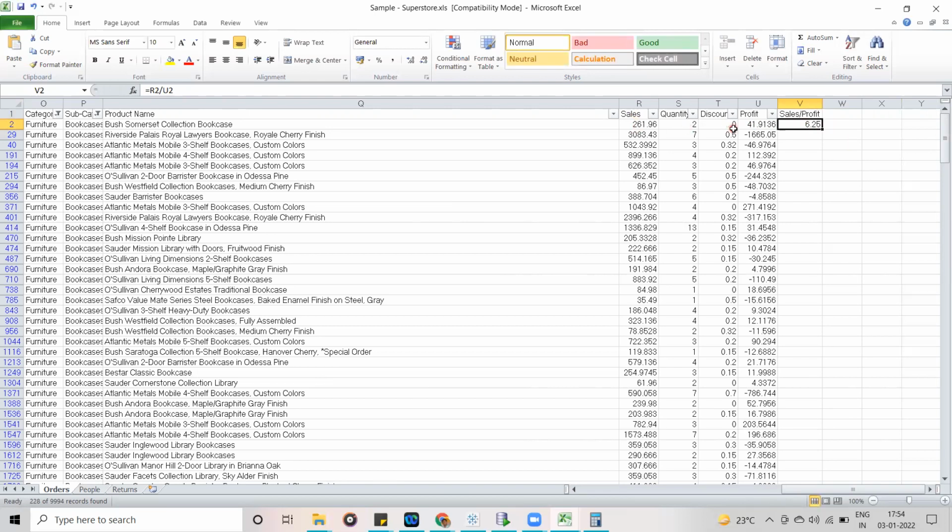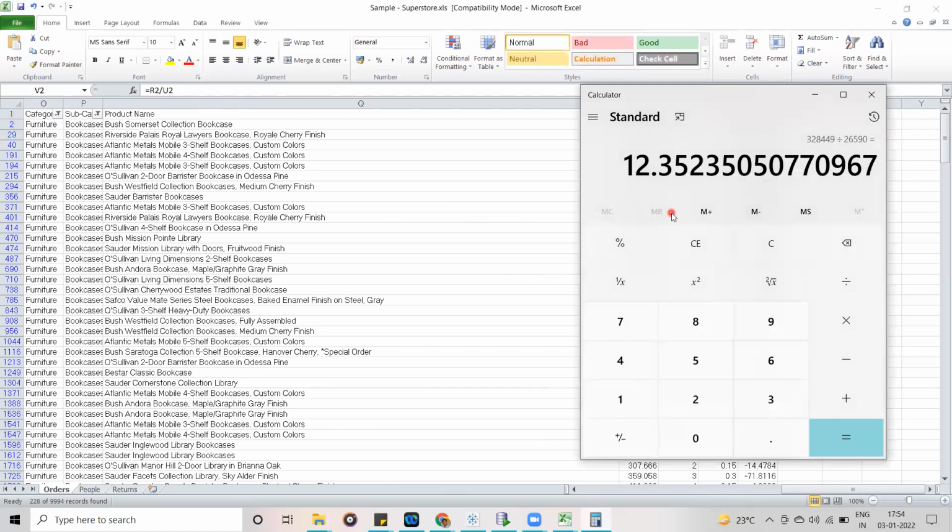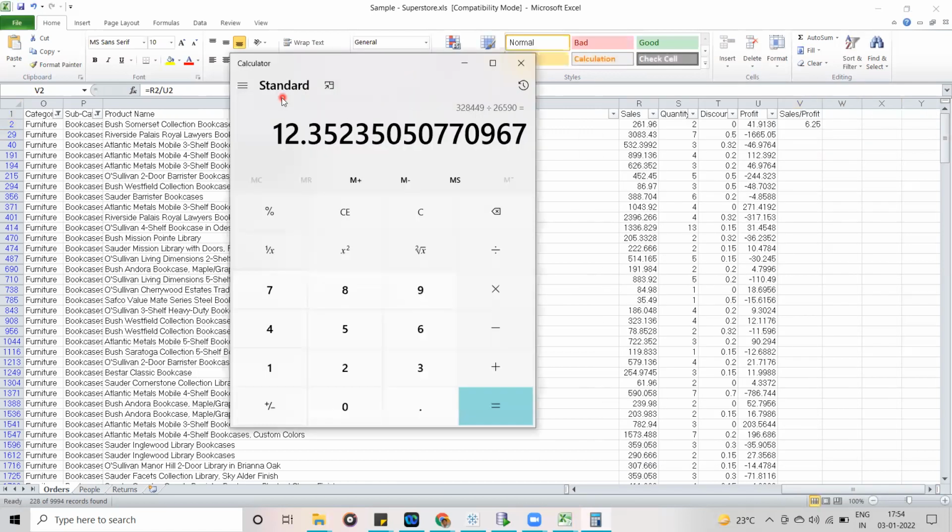Is this value correct? Let me check it. 261.96 divided by 41.9136. 6.25, whatever it is displaying, is correct.